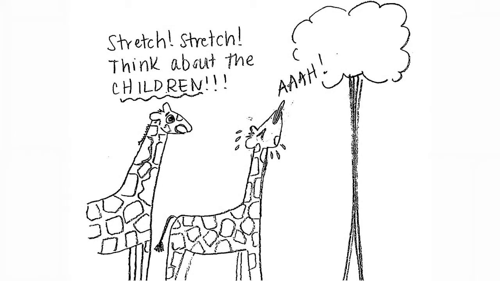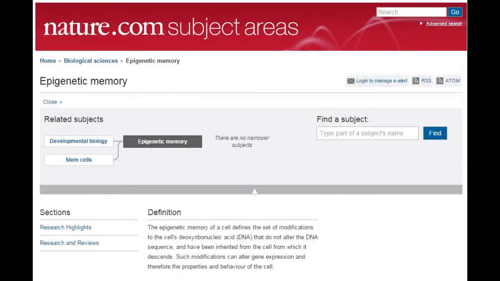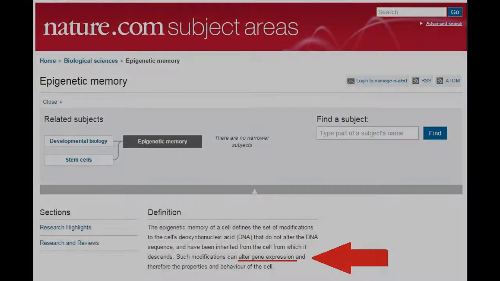Okay. Simple, right? Well, apparently not. A lot of people out there still have a Lamarckian viewpoint of things, where acquired characteristics are inherited, and disuse of body parts makes them disappear, which is really sad. To give some credit to Lamarck, we now have a branch of genetics called epigenetics that allows for changes in gene expression to be inherited. However, Lamarck only gets partial credit because at his time we didn't know what DNA was, much less had an idea of any of the mechanisms of gene expression.